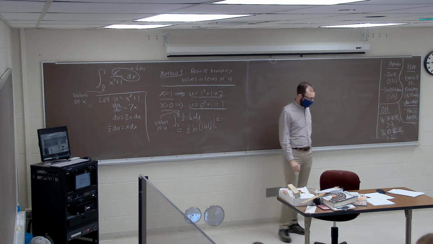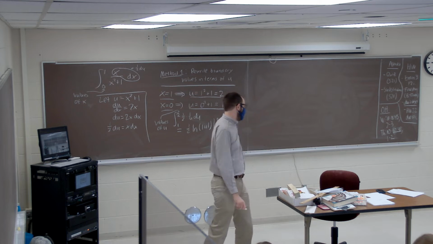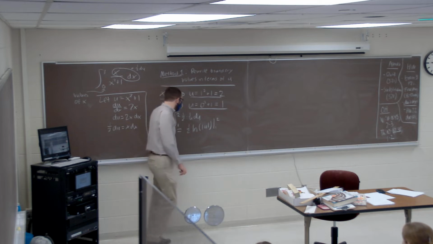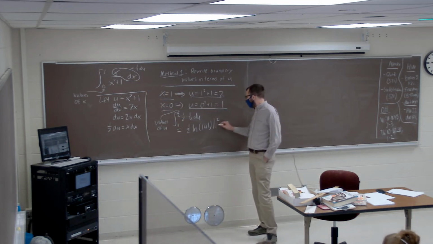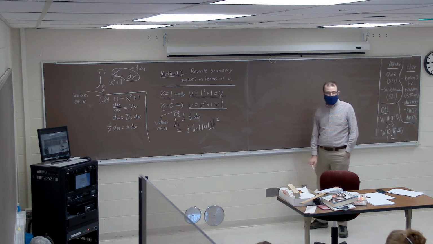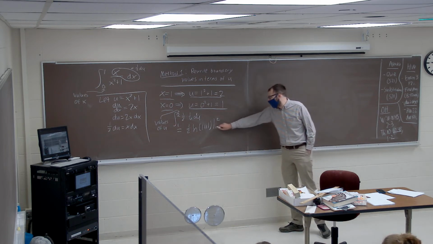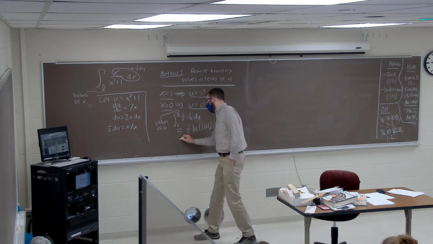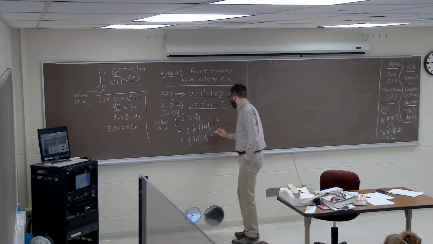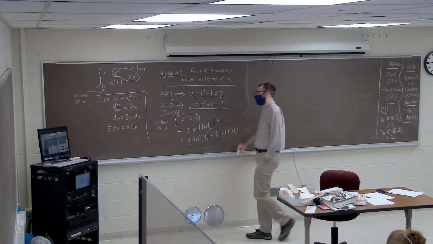Yeah, exactly. Integral of 1 over u is natural log of absolute value of u, and then the 1/2 out in front just gets carried along for the ride. And the nifty thing here is that since 1 and 2 are values of u, and we have some expression in terms of u, according to the fundamental theorem of calculus, you can just plug in these u values for u here to get 1/2 natural log of absolute value of 2 minus 1/2 natural log of absolute value of 1.